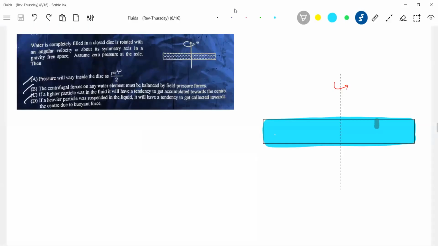Okay, now we'll take a small elemental disk, dx at a distance x. Tell me where pressure should be more. So it's the simplest idea. This liquid will have a density rho. So for the mass dm, omega square will act. And because of this,